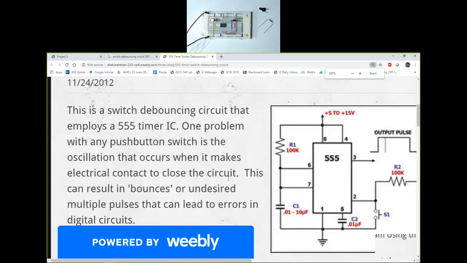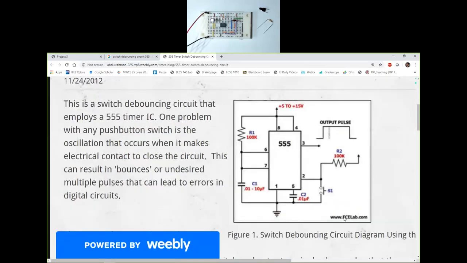Okay, so I have a switch debouncer circuit, which is essentially the same as what we have discussed before. R1 is 100K, C1 we talked about the design. It should be a 1 microfarad capacitor, and all the other things we addressed. So the bouncy switch goes to pin number 2, and the other end goes to ground. And I have picked out a switch, a push button that I'm using as a switch for experiment 3, and